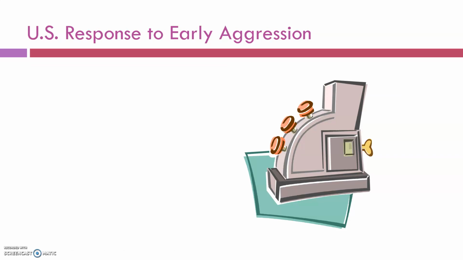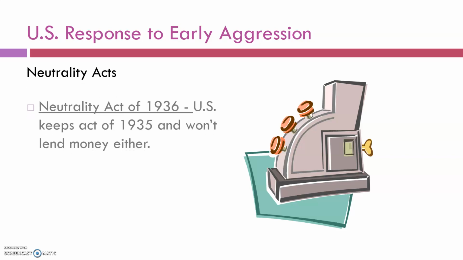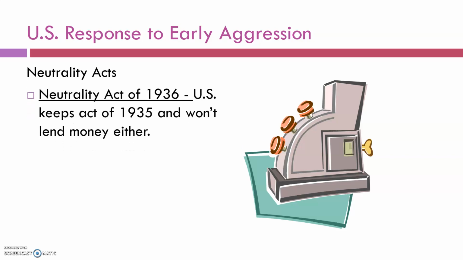So how does the US respond to these acts of aggression in Europe? Well, we continue by passing more neutrality acts. In 1936, we passed the Neutrality Act of 36, which says that we still won't sell weapons to nations at war, but we also won't lend out any money. Again, trying to reduce the incentives for going to war, or the potential incentives a nation at war would have